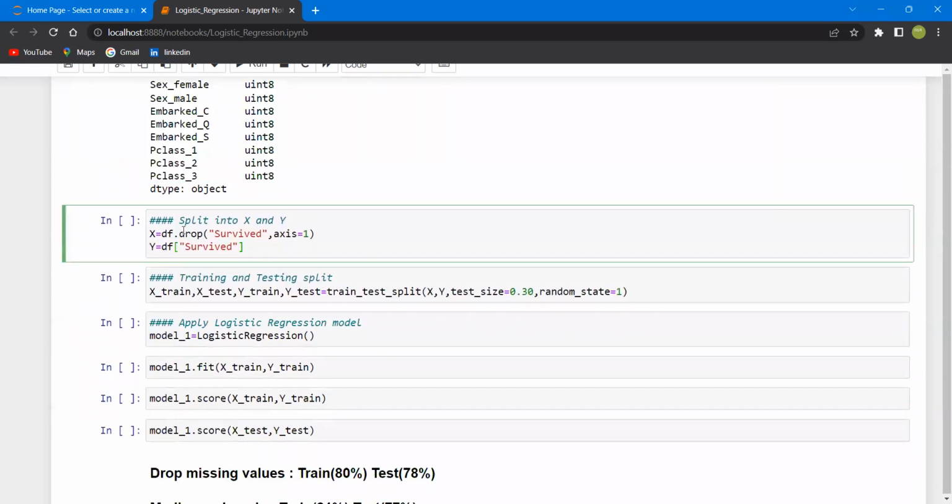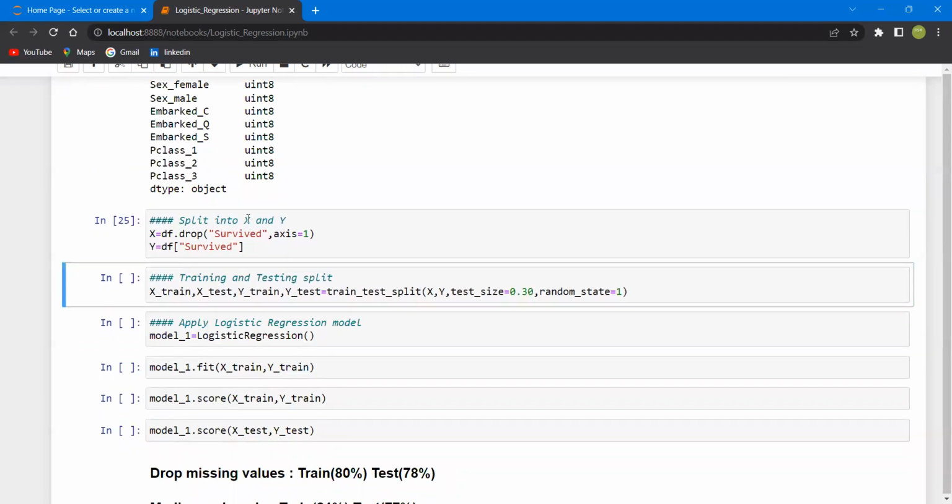Now in the x-axis, I have taken the columns other than survived, all the attributes. In the y-axis, I have taken the survived attribute. In the x-axis, other than survived, we have taken all the columns, right? So once we do that,